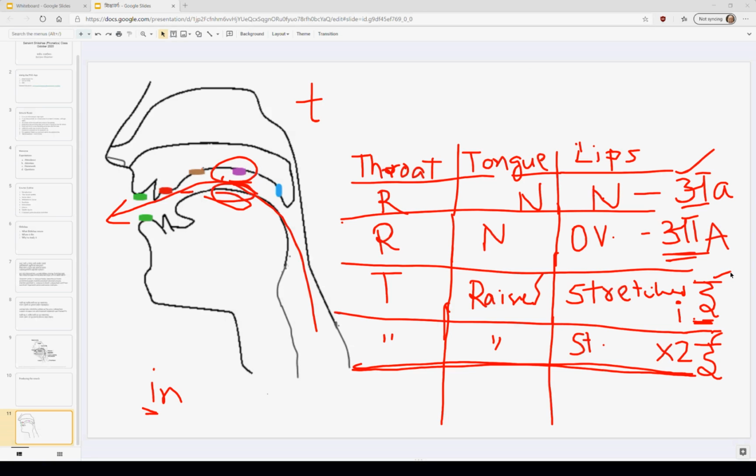How long should they be pronounced? In Shiksha Granthas, or Shiksha books, there is no measurement in terms of seconds, but an approximate indication has been given. It is measured in units, which is called matra in Sanskritam. Matra is just a unit. So how much is that unit? Is it 1 second, 2 seconds? There is no